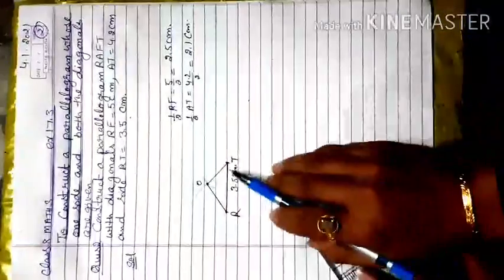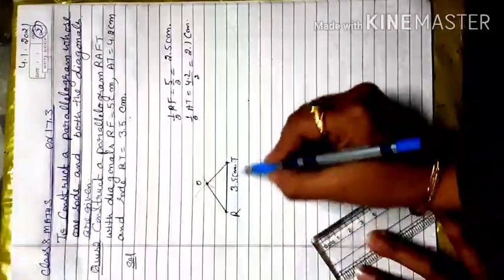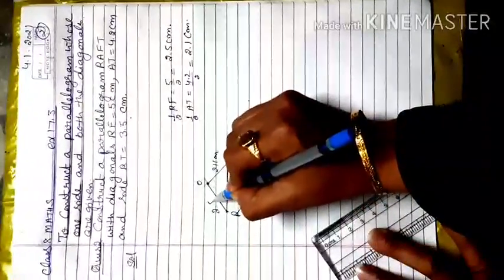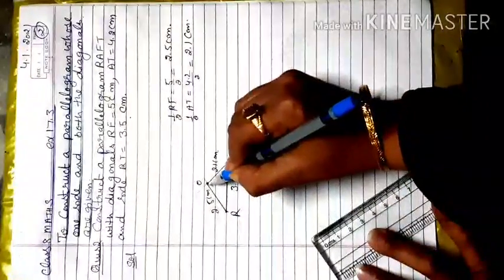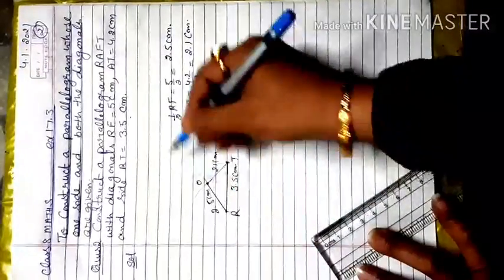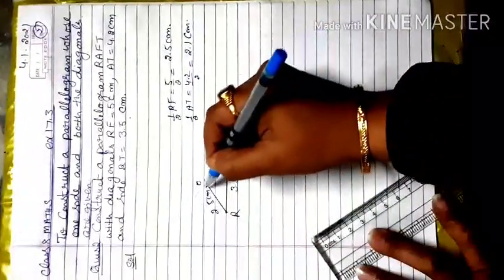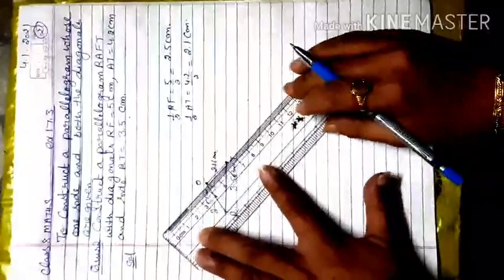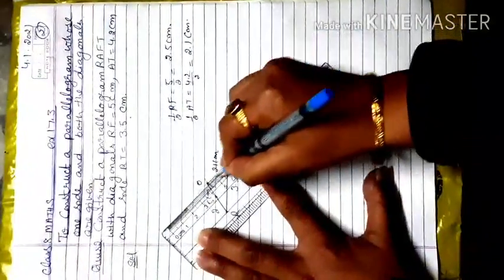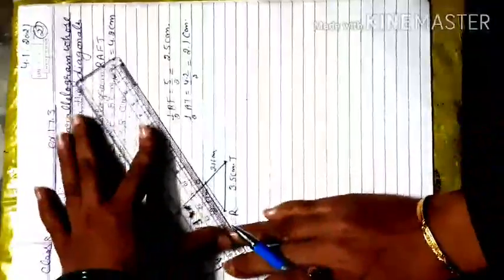Now the next step is I have to extend this diagonal, because this is 2.1 centimeter and this is 2.5 centimeter. Now you have to extend this line 2.5 centimeter more, that is the double of this one, and this also 2.1 centimeter more. So what you will do, if I extend this line like this and this,